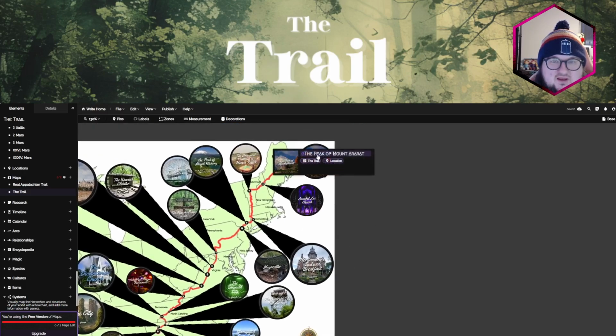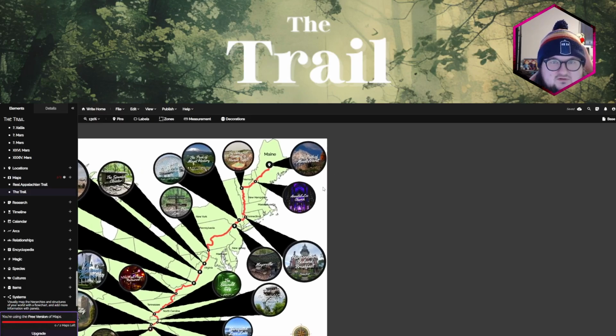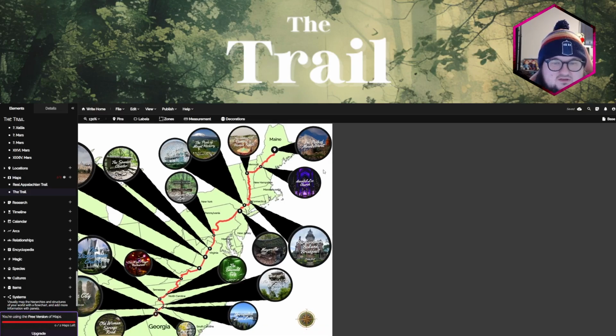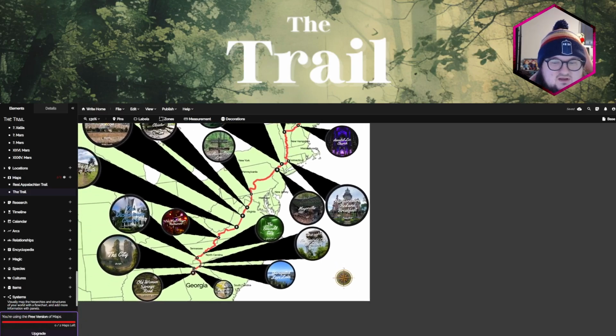And then it all ends at Mount Ararat, which of course is named after the mountain that Noah's Ark supposedly landed on in the Hebrew Bible. Although actually in the text it just says the mountains of Ararat, which was just a name for that sort of area of Georgia, Turkey. But the mythology has become that it's Mount Ararat specifically. Anyway, that shows you how I use the map.